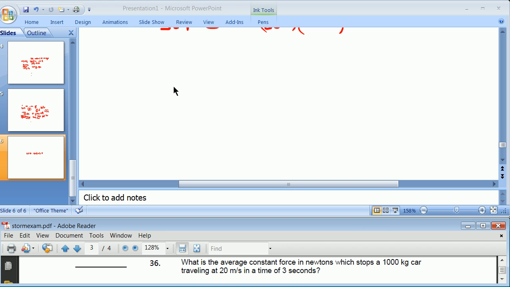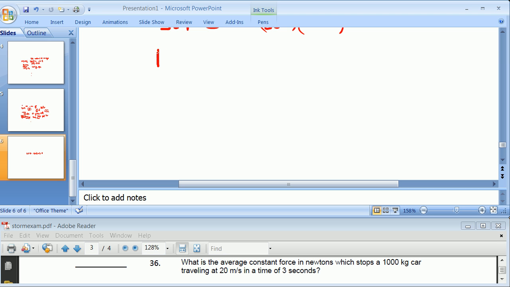Constant force problem. I do believe that the best definition for force is the change in momentum over the change in time. You can think of the same as this is acceleration. And so we have a change in momentum going from 20,000 to 0 over 3. So the answer was 20,000 divided by 3, or about 6,666 newtons of force on average. Going down through,